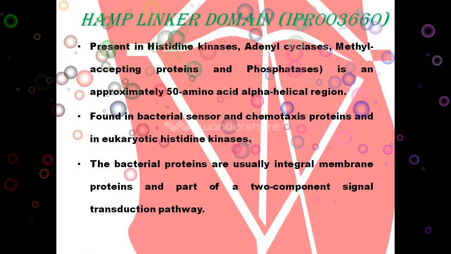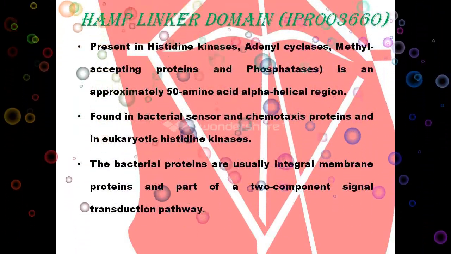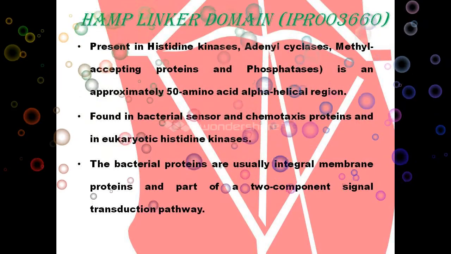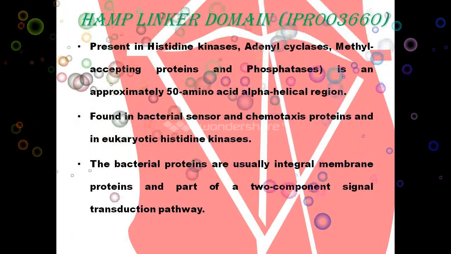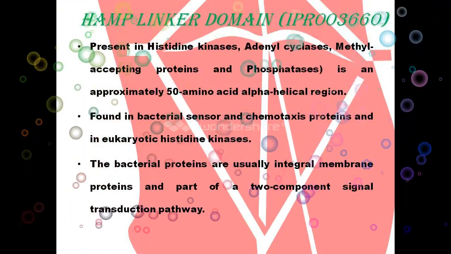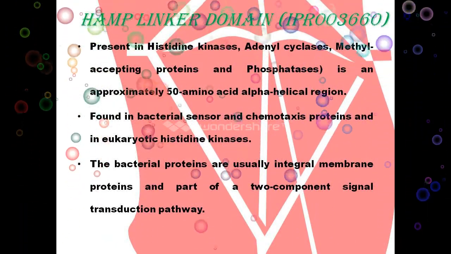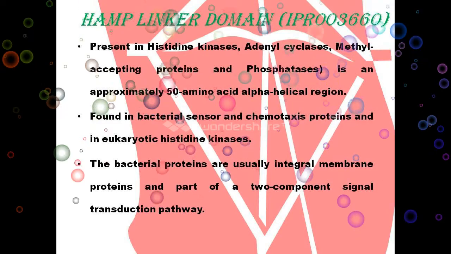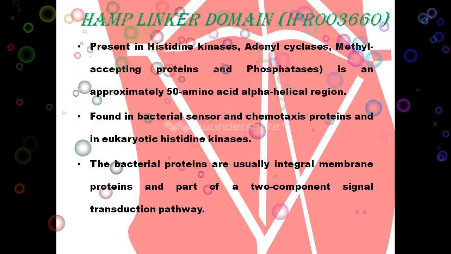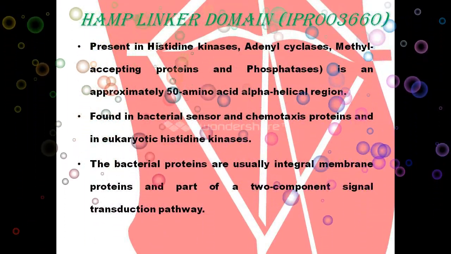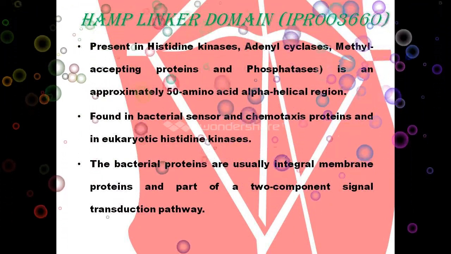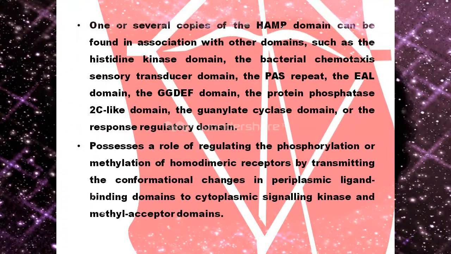It is an approximately 50 amino acid alpha helical region. It is found in bacterial sensor and chemotaxis proteins and eukaryotic histidine kinases. The bacterial proteins are usually integral membrane proteins and part of a two-component signal transduction pathway. One or several copies of the HAMP domain can be found in association with other domains such as the histidine kinase domain,